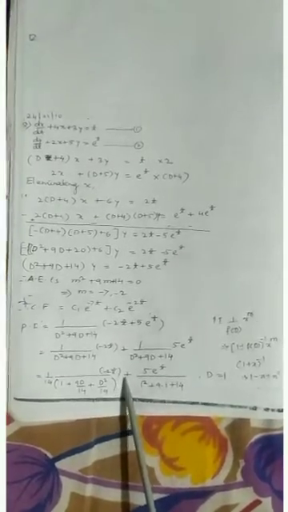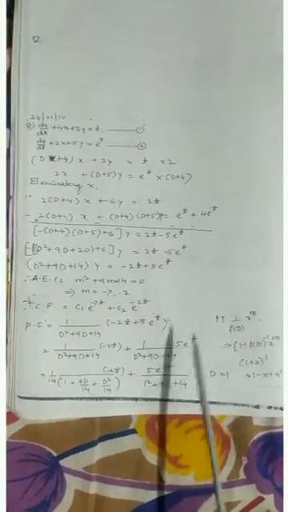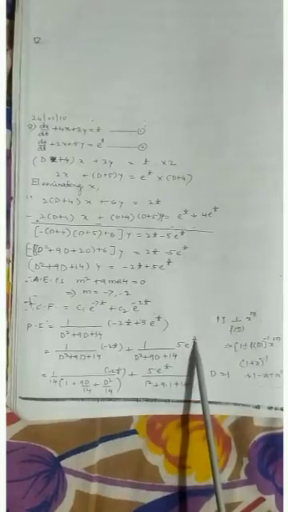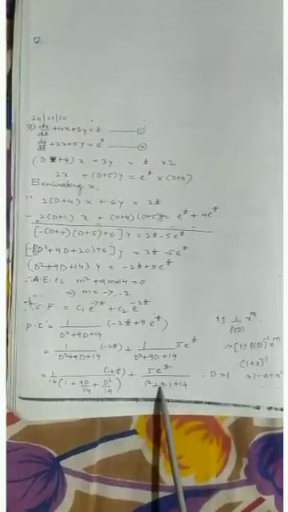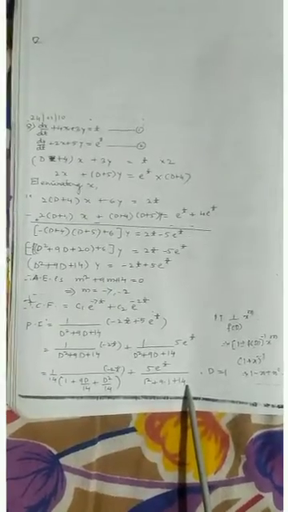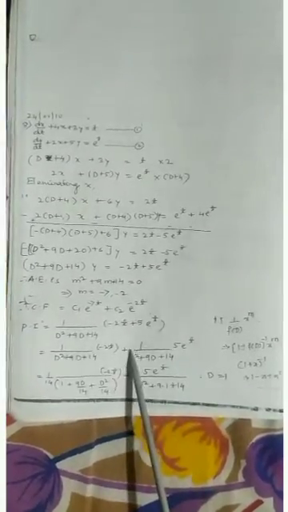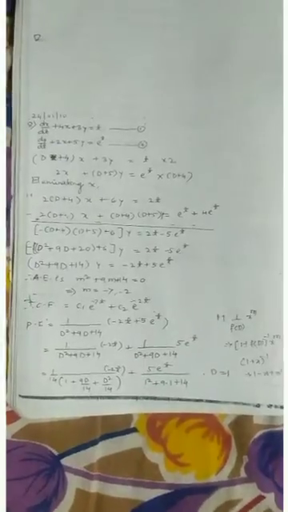Okay. Next, plus, for this term, what is the formula? Putting D equal to the coefficient of t. What is the coefficient of t? It is 1. That's why I am putting D equal to 1: 1 squared plus 9 into 1 plus 14. Already you studied this in 4th semester. Okay. What is the solution now?